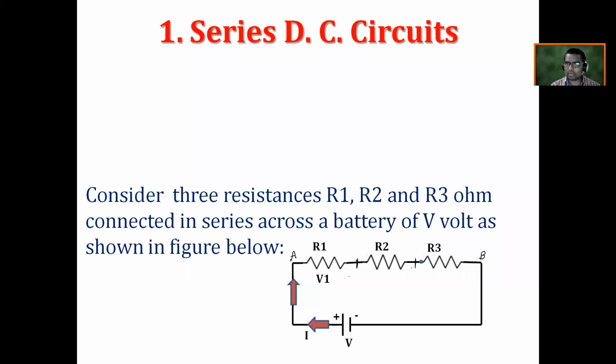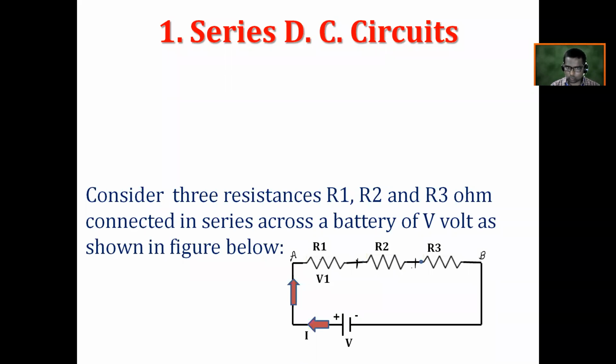Is it right? But if current is 0, is voltage developed across that resistor? Yes or no? No. Absolutely correct. Now, when this current flows through R1, the voltage V1 is developed across R1, and after that the current comes to the common point of R1 and R2. Then there is only one path for the flow of current. Now current is flowing through R2. How much current is flowing through R2 now? It's I ampere.